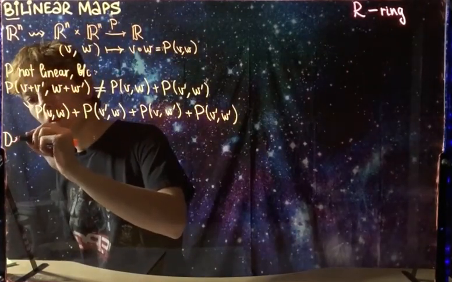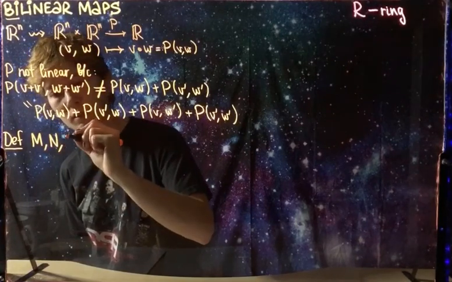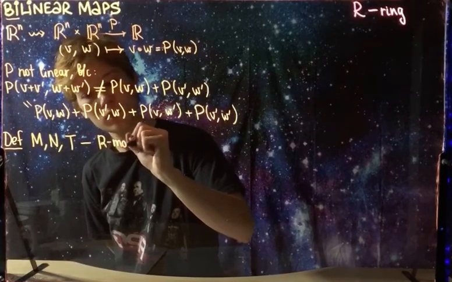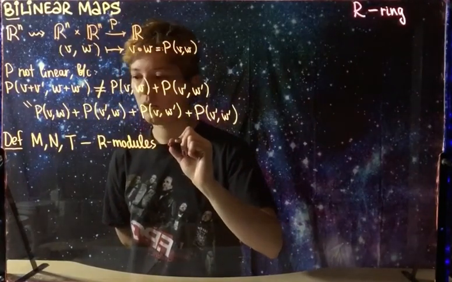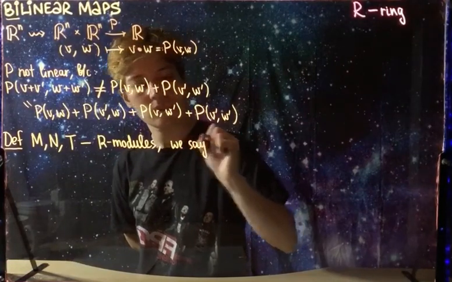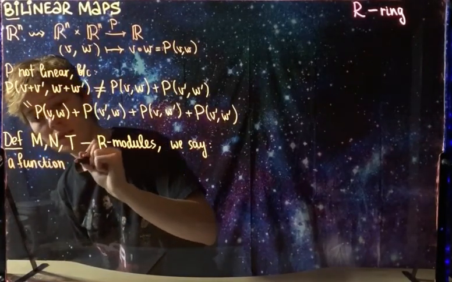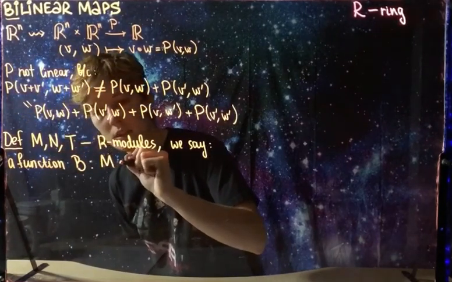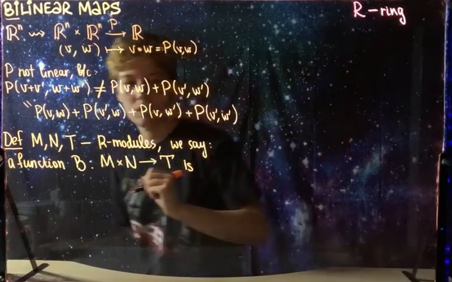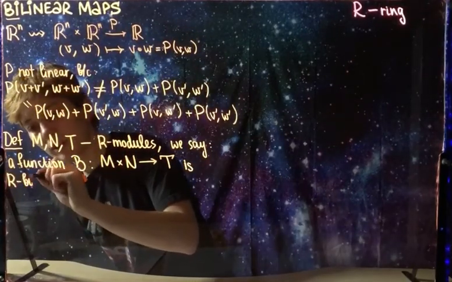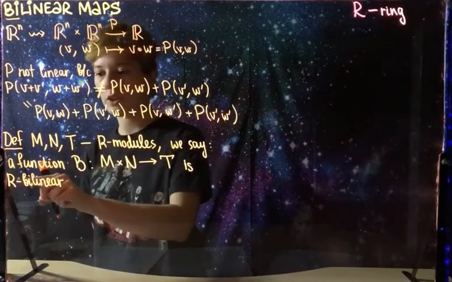And so now we give a definition. Given two modules M and N and a target module T, so we have three R-modules where R is a commutative ring, we say that a function B from M cross N to T is R-bilinear, or if we know that the base ring is R, we can call it just bilinear,